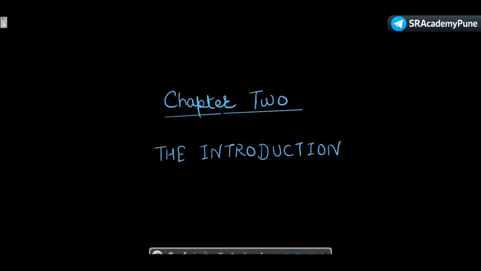Now let's move to chapter 2, the introduction. Let's say you upload a CV for a job opening and you get a call for the first round. When an interview is scheduled and you join, you see the interview panel. The very first thing that would most probably happen is the panel will give you their introduction, and the introduction of the opening, and then they will ask you to introduce yourself.